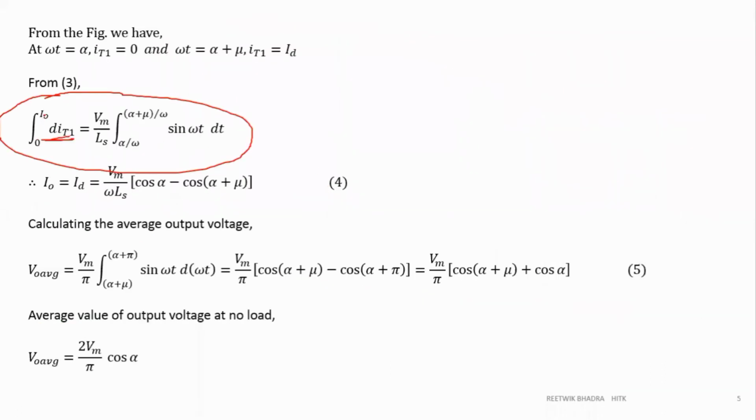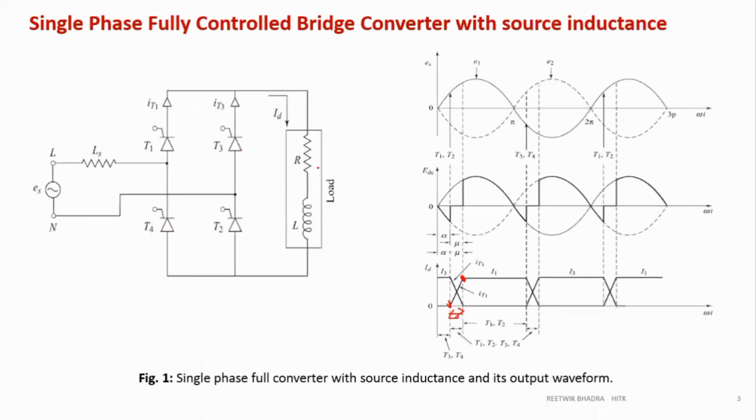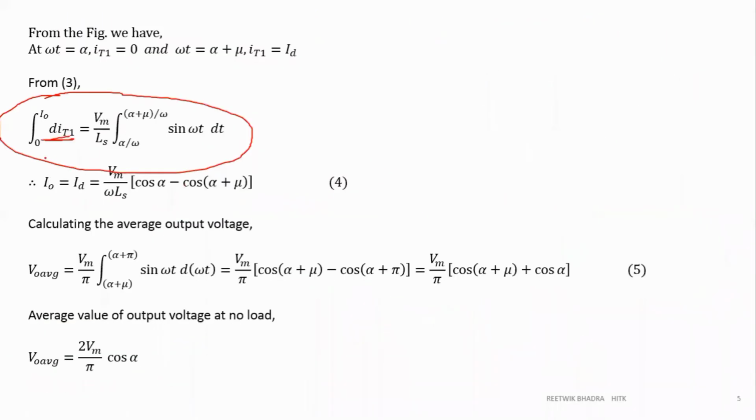You can take it as ID also because in the diagram I had shown ID, but you can show I0 also, because it is better to show I0 as it represents your output current. Doesn't matter, whatever you want to show, you can show. I'm not going into symbol logic and all. So basically what is happening is that IT1 is increasing to your ID or I0 and IT3 is becoming 0. So the lower limit of IT1 is 0 and the upper limit is I0.